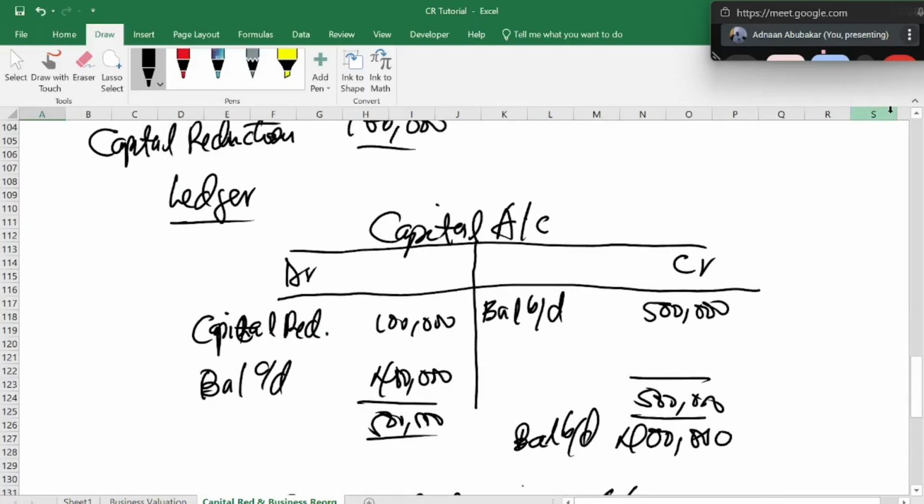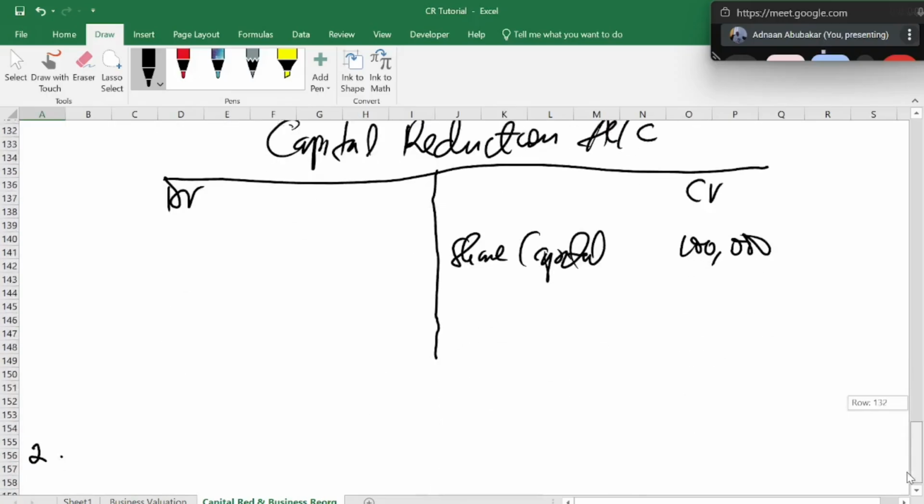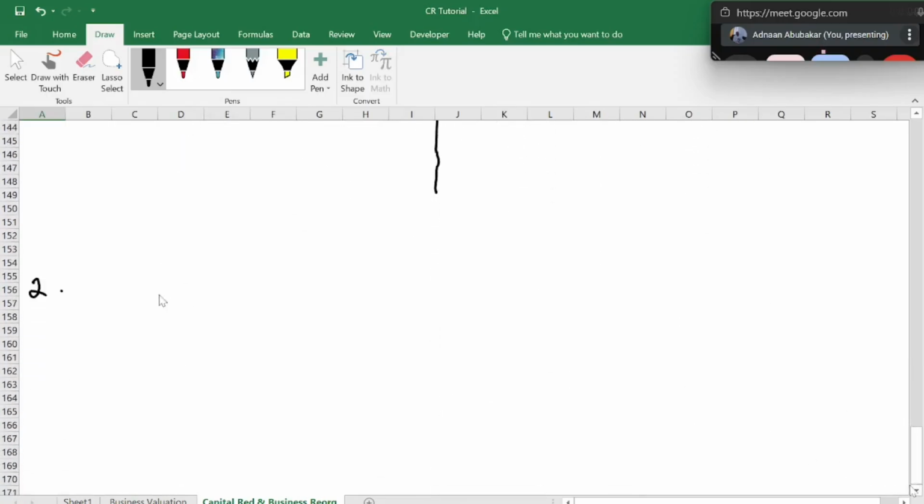The ledger side. Sir, this is capital. It's capital account. Yeah, share capital. Okay, share capital. Let me go there. All right. So let us do share capital. Let's take another one, income surplus. Now, if you don't see income surplus and you see retained earnings, they are the same thing.